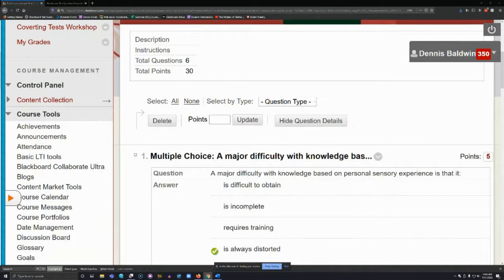Does anyone else have any specific questions about converting tests? Once we have developed and downloaded to our computer and saved, can we put it into Blackboard year after year? So in terms of once you have it downloaded and saved and put into Blackboard,